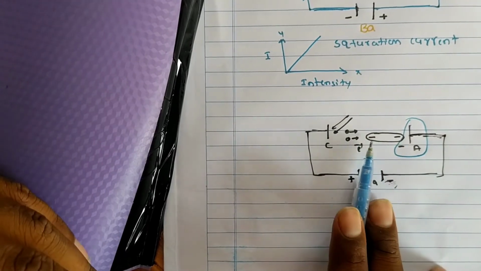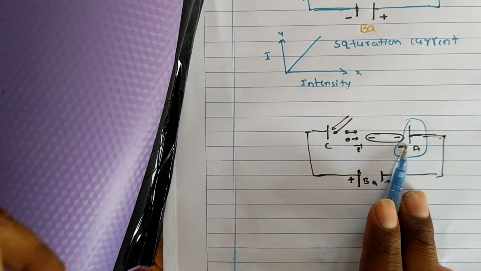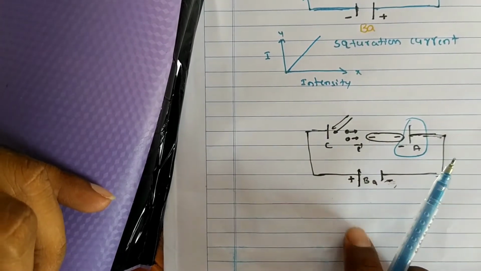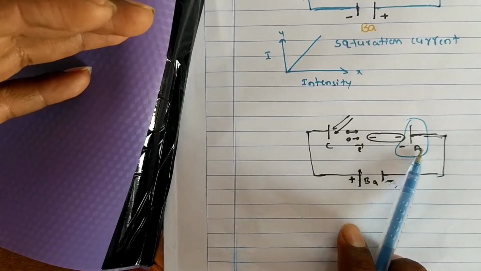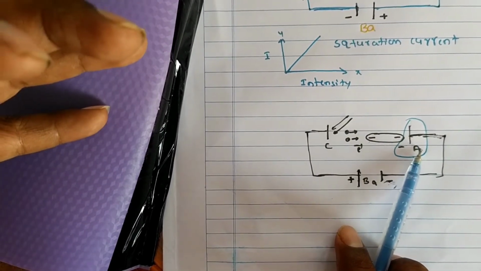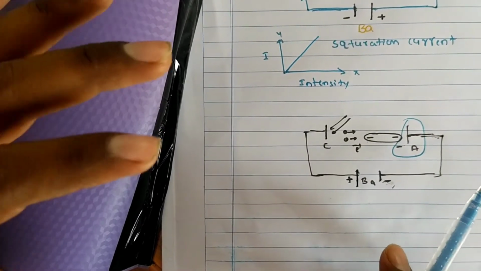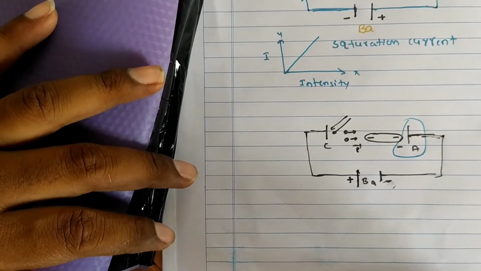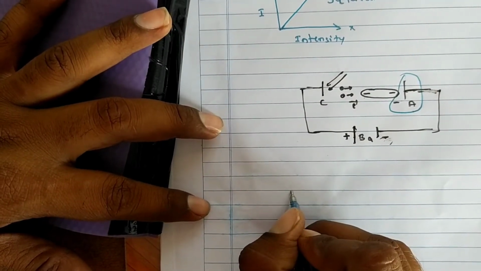Electron charge is negative, anode plate also charge negative. Due to the properties of charges, like charges repel, unlike charges attract. These two are like charges, so the electron is not attracted by the anode. When it is not attracted by the anode plate, the current in the circuit becomes zero. That we call stopping potential. According to the diagram, we show it like this.